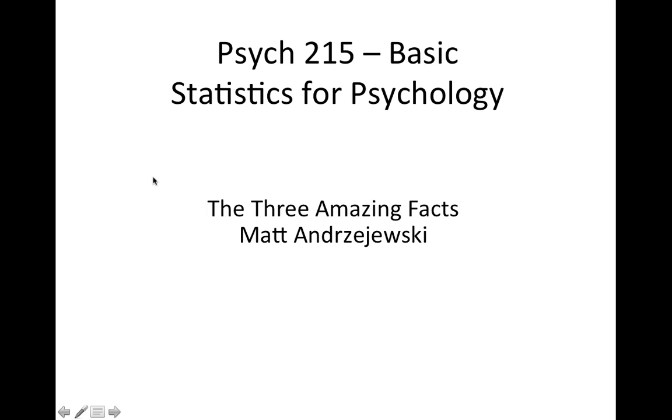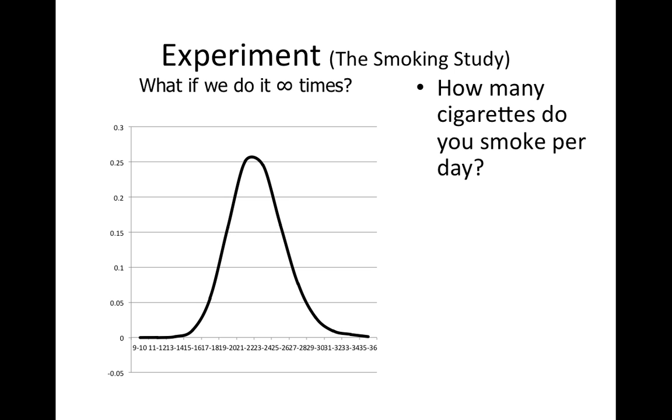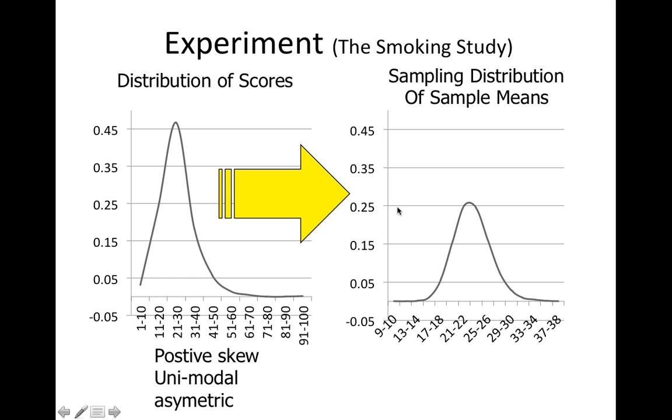Okay, last time we left off with sampling distributions, and now I'm going to go through what we call the three amazing facts. In the smoking study, we selected a ton of samples, calculated the mean, and then plotted the relative frequencies of those means. So we plotted the proportion, or the relative frequency, of the means selected from all the possible random samples. Or we would do this an infinite number of times: we selected a random sample, calculated the mean, recorded the mean, then plotted the relative frequency of the mean. Okay, this is a sampling distribution.